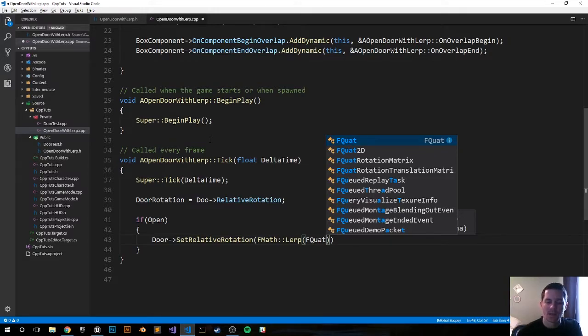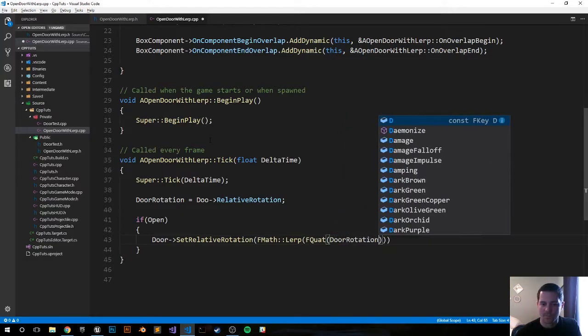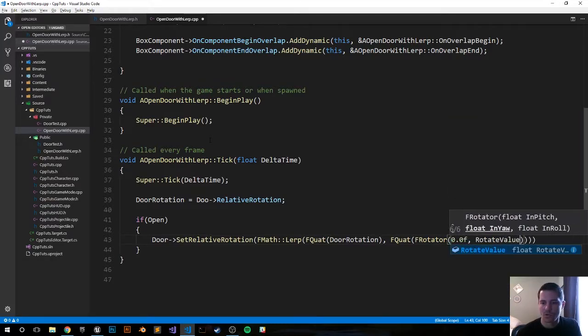Although I haven't run into any bugs with this door in particular with rotations, but just to be safe, I'm going to use some FQuats. But I'm sure you'll be fine with rotations. So an FQuat does take in a rotator, so I'm going to pass in the rotation that we got earlier in the tick function. So FQuat door rotation, then another FQuat will be an FRotator. It's going to be 0, rotate value, which we declare in the header file, but we will set later on in the overlap function, because it will be 90 or negative 90. And we are rotating over the yaw, I believe. Yeah, so float pitch, float yaw, and float roll. So float, float, float, and